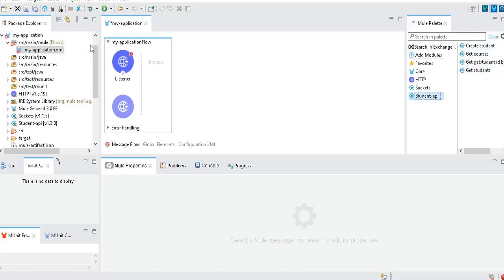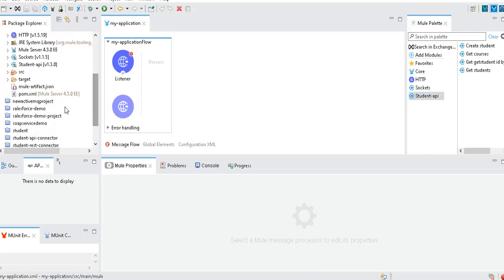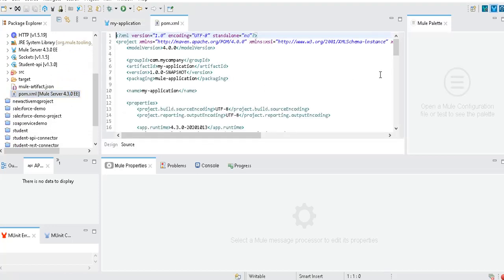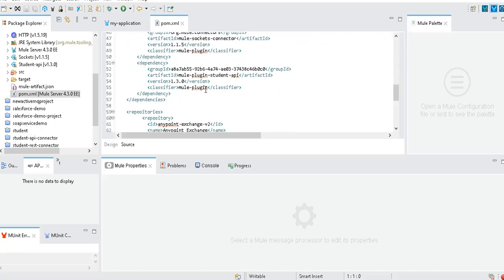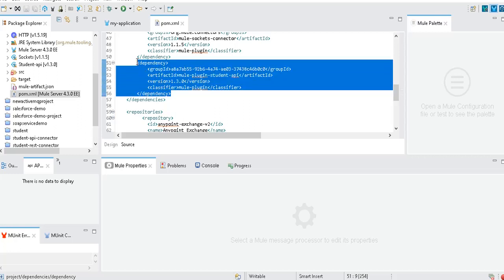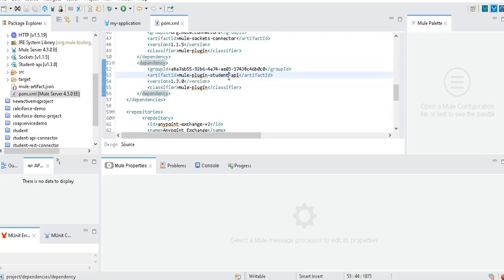Okay. So now let's observe one more thing. Let's go to your project pom.xml. And here, if you observe under the dependencies, see, this is the plugin. It has been added. This particular dependency snippet is related to that student API which we have added from Exchange.